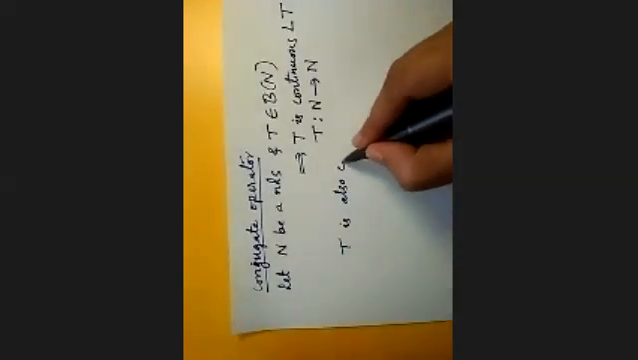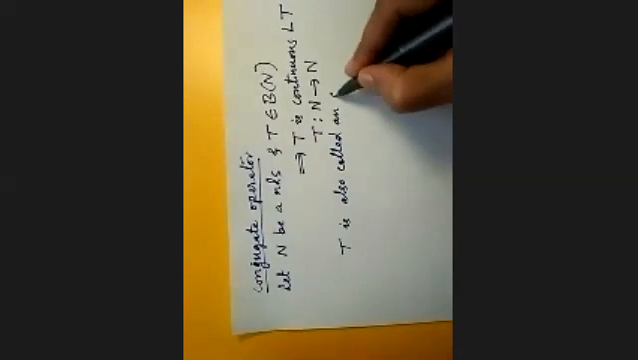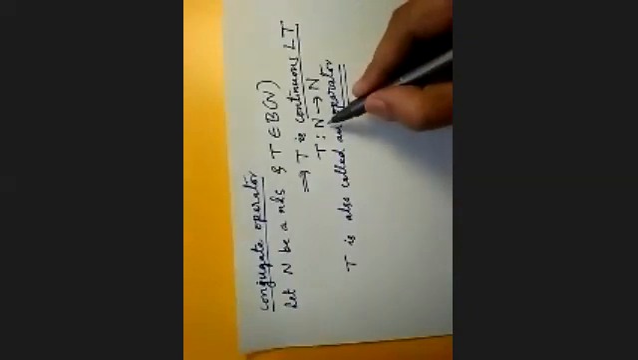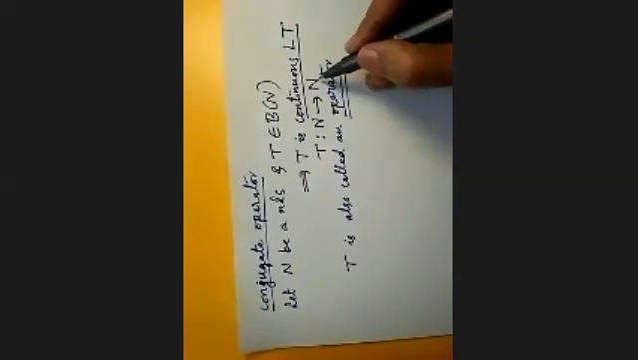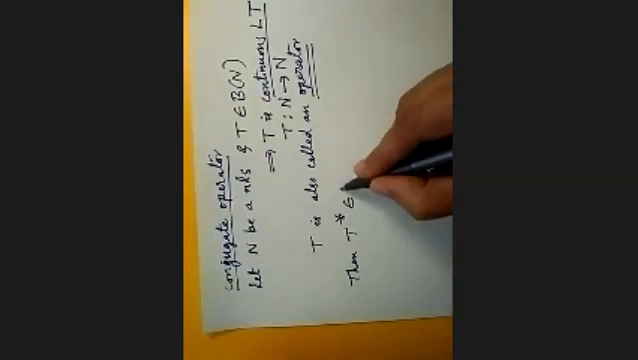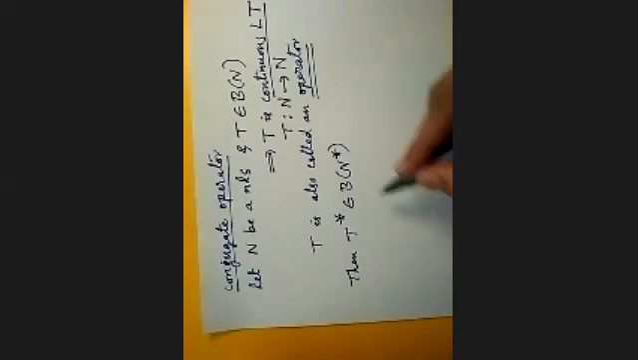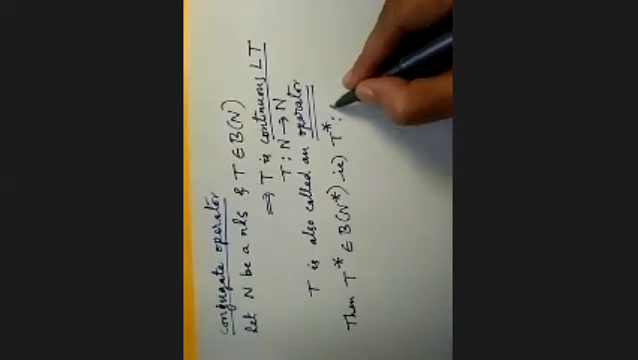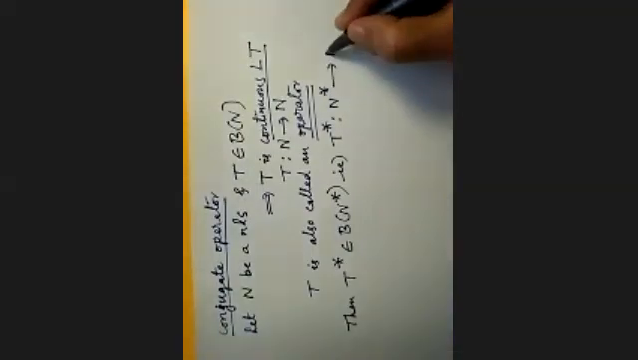And this T is also called an operator. So what is an operator? An operator is nothing but a continuous linear transformation from a normed linear space N to itself. Then T star will belong to B of N star. That is, our T star is a mapping from N star to N star,